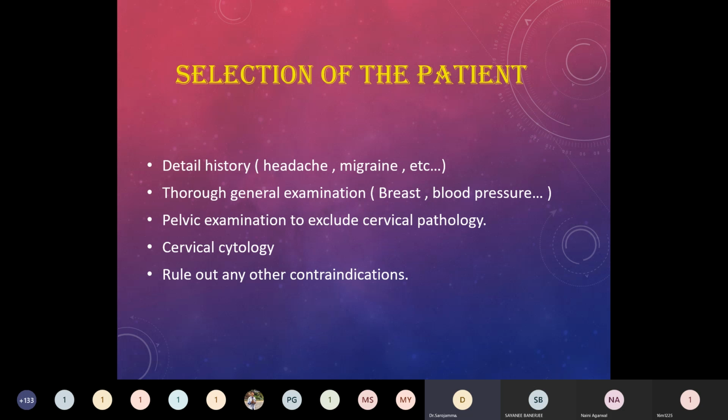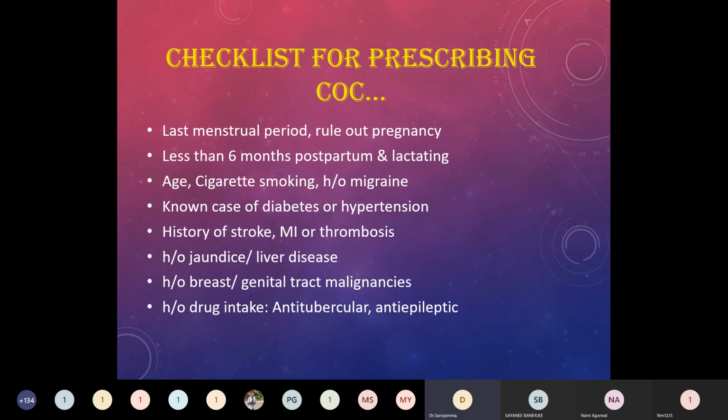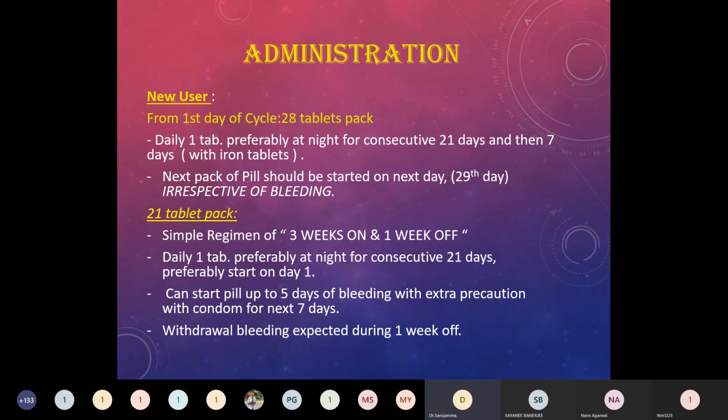tablets. Selection of patients: taking history of all those indications and contraindications, family history of all those you have to take, and thorough examination of the breast to rule out any breast mass, blood pressure to rule out hypertension, pelvic examination, and simultaneously to take cervical cytology, and the last menstrual history to know the last menstrual period, rule out pregnancy, and whether she's lactating or not, age, cigarette smoking, all these high-risk factors to be evaluated in history and examination. Then we have to advise her how to take the tablet if she's a new